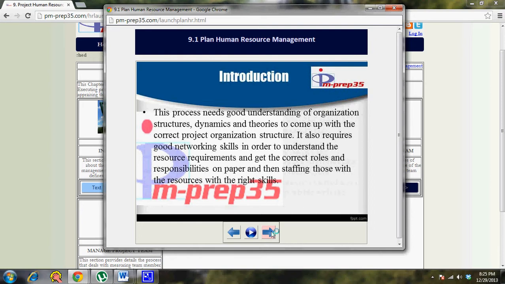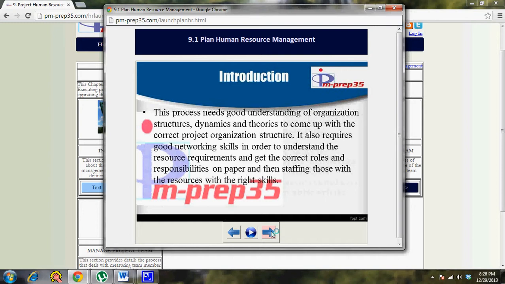So you have to have an understanding of the organization structure too, because sometimes it's necessary to... you can't have a resource full time, so you need to know from which part of the organization you can pull out. You will have different reporting levels, different styles of reporting. You have to follow a matrix structure if need be, because you can't maintain a resource full time on the project. So this idea about the dynamics, the organization structure that would suit the project, so that you can balance your competing needs, is all important.